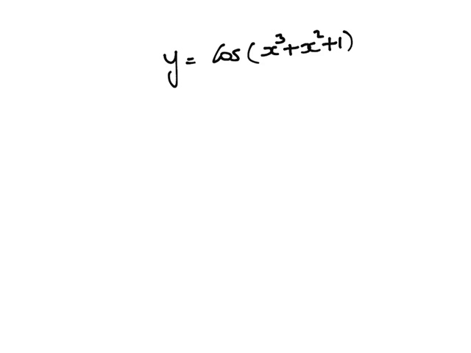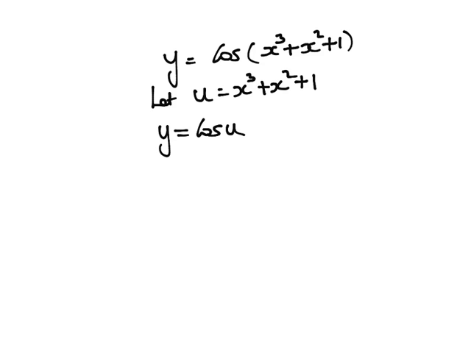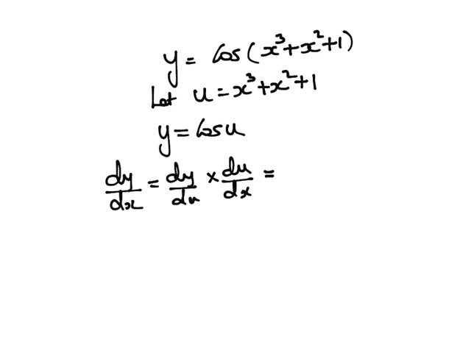I'll just give you a hint. You need to take this x cube plus x squared plus 1 as u. Okay, start solving it. Fine, let us see whether you're right or wrong. So y will become cos u. dy by dx is nothing but dy by du multiplied with du by dx. So dy by du is nothing but minus sine u. So I get minus sine u